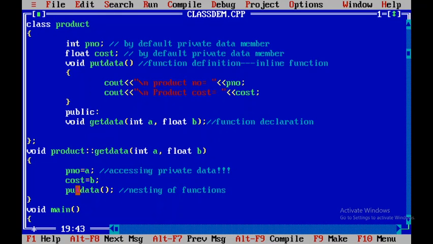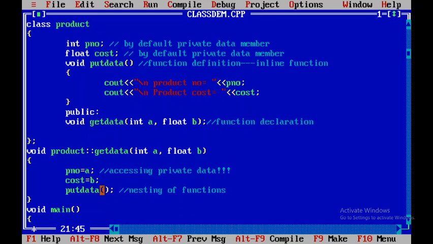And here we can call the putdata method even though it is a private member function. Private members can be called directly within the same class only. This is also a nesting of functions, one member function calling another member function of the same class.